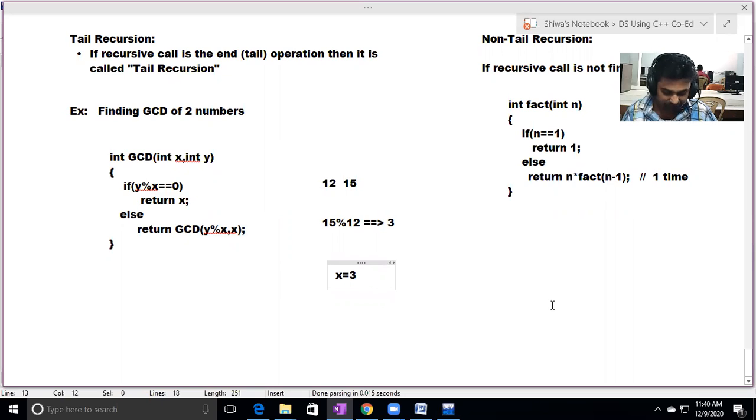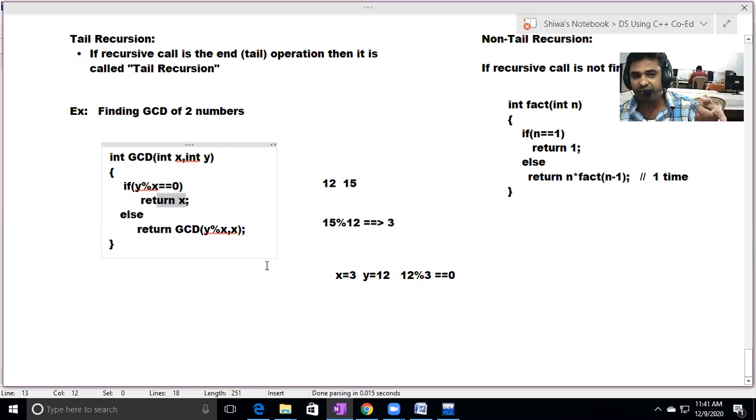So x becomes the y value. What was the previous x value? The previous x value was 12. So y modulus x means 12 modulus 3. What is 12 modulus 3 now? 0. So it returns the x value. What is the x value now? 3. So 3 will be returned. Now observe carefully here. Directly it is returning the result here. So the recursive call is the last operation. If the recursive call is the last operation, that is called a